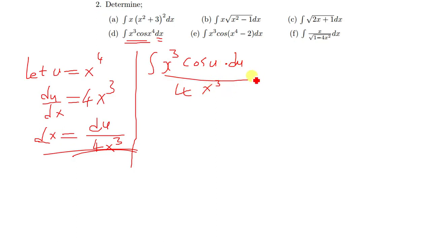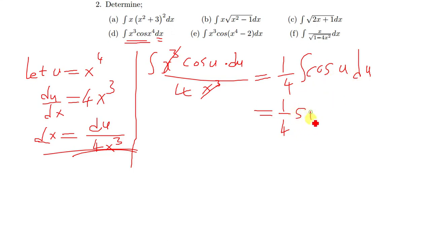So this is going to give us, when you can see that this and that can cancel, so meaning I'm going to have 1 over 4 outside, and then the integral of cos u with respect to u. So when you integrate that, the integral of cos u is nothing but sine u